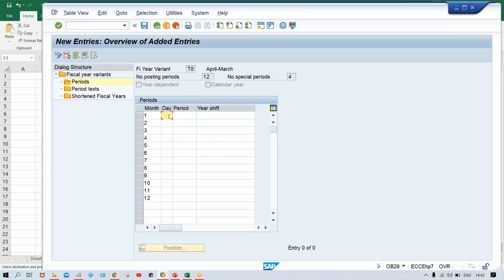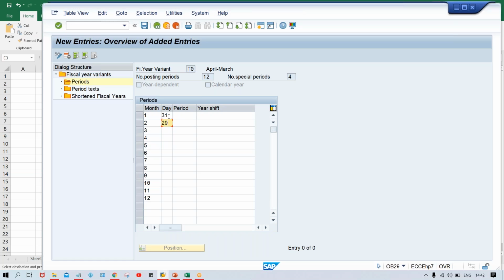Apart from this, days, so I'll tell you now. In the February month, it depends on whether it is a leap year or not, right? So it will be 28 days or 29 days. Here you always have to give a maximum of 29 days itself, guys. Whenever it is a leap year, the system is automatically going to consider it, and otherwise 28 days. If you want to perform this testing, you can perform it and see it.